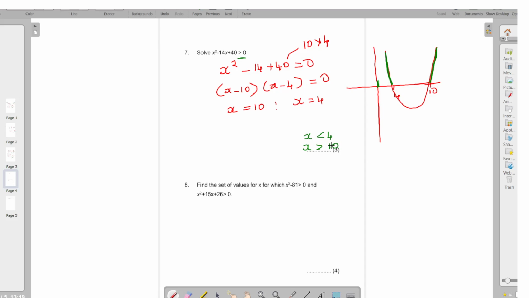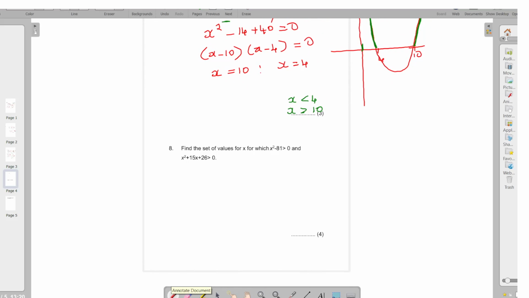So these are simple questions, but we're going to try and put two inequalities together and find the set of values for x, for which x squared minus 81 is greater than 0 and x squared plus 15x plus 26 is greater than 0. So let's look at this. So we're going to do two different ones and we put it together. So first thing what we're going to do,